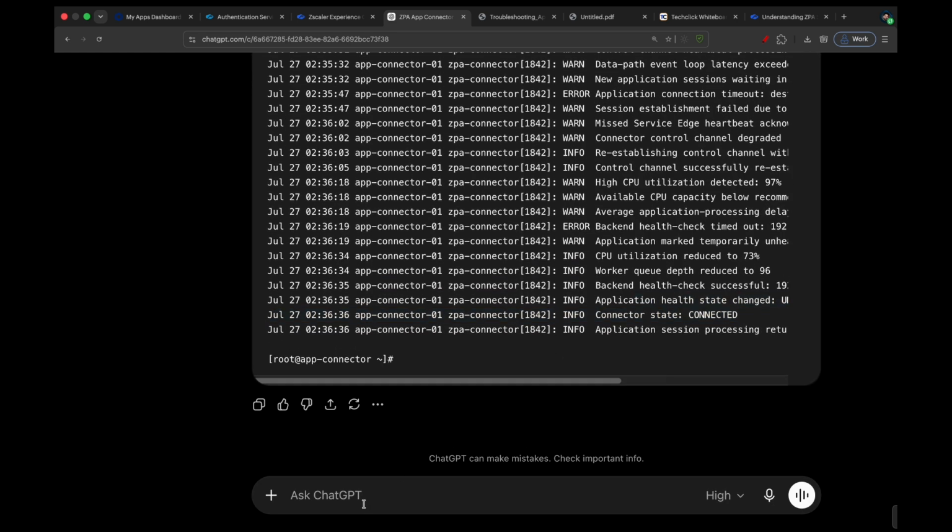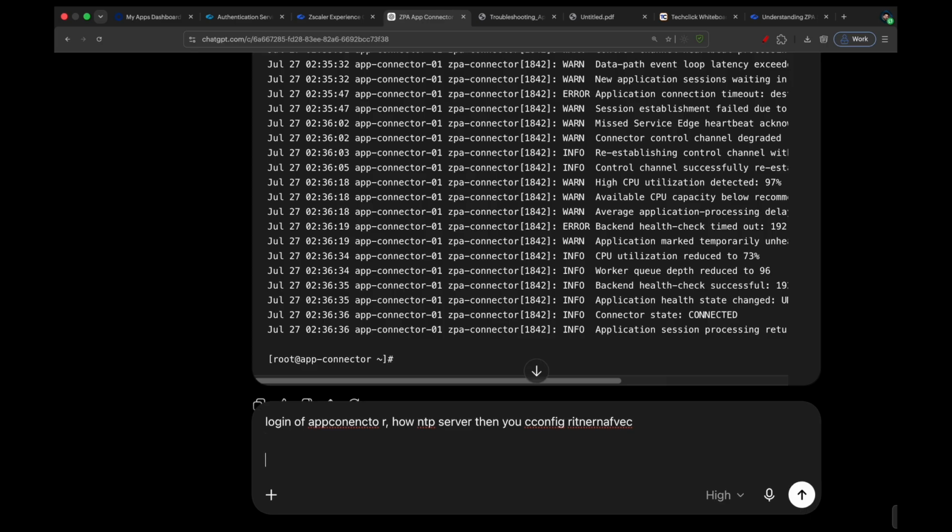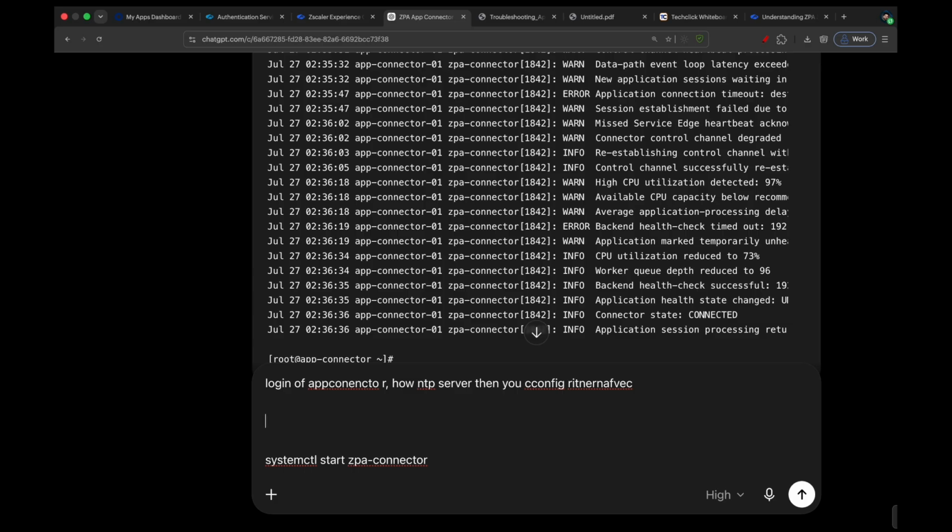Now, guys, I will tell you how you can configure it first. Suppose you got your first login of the app connector. Now how can you add a provision key? Three things are important. First, you configure the NTP server, then you configure the interface where your LAN cable is connected to the app connector. After that, once your Linux is open, you can run the command systemctl start and then the service name. Even before that, I suggest you go sudo and